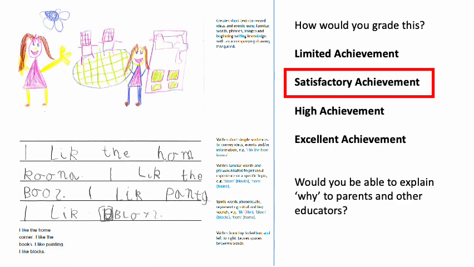So it's important that we use this idea of moderation to make sure that we are consistent, particularly when it comes time to report writing. That's when I find that we're using our moderation processes the most. And that's when we should be using them, because we shouldn't have standards that differ between different schools. If you have common expectations, it will mean that when a child moves from school to school or from year level to year level, it makes sense for the parents and for other people in the school.